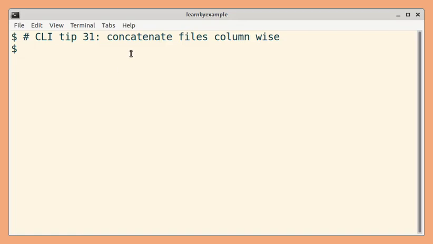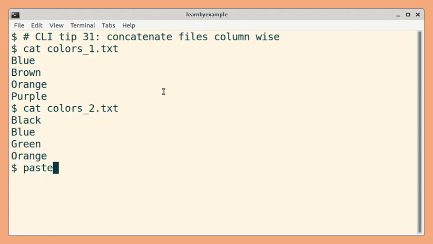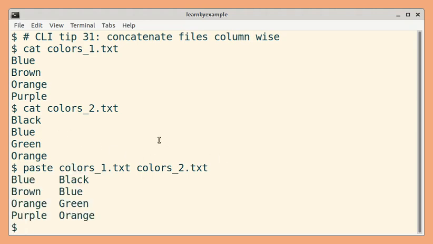In this tip, we'll see examples for concatenating files column-wise using the paste command. Consider these two input files. Let us see what the paste command does by default. So contents of these two files will be merged vertically, and the default separator is a tab character, and that's